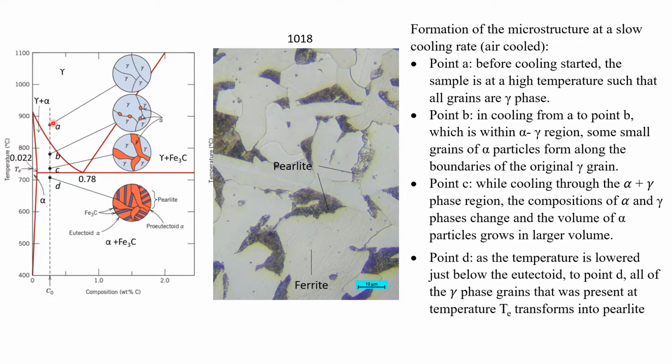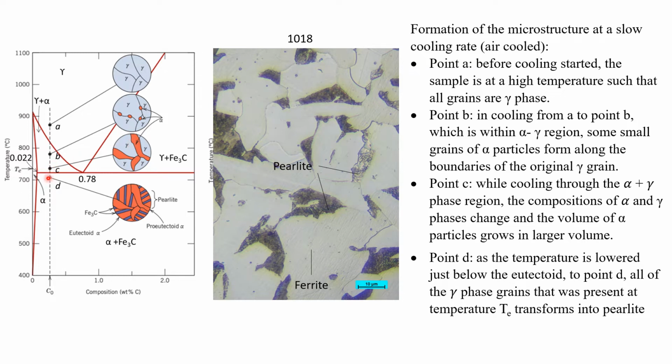Once we start cooling the material at a very slow rate, it will slowly cool down and start forming the alpha phase at the boundary of the gamma region. As the cooling continues, the region of alpha phase starts to grow in larger proportion